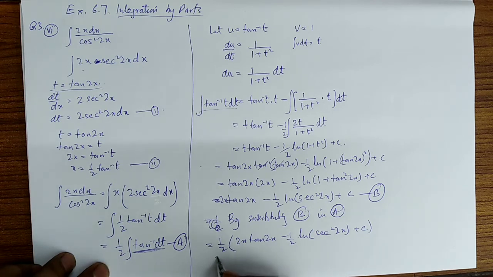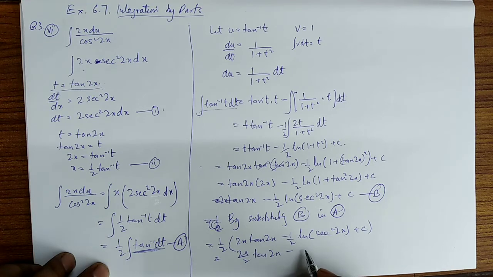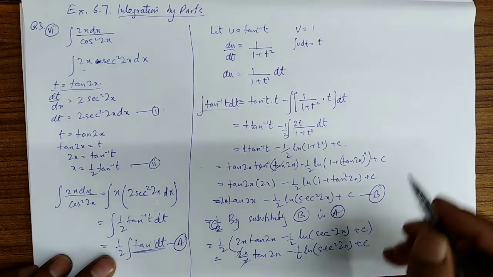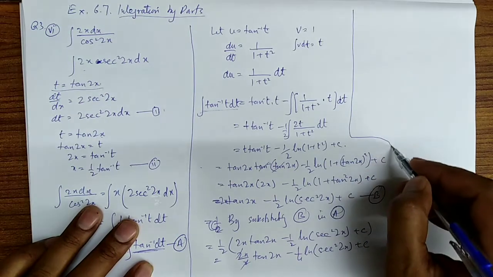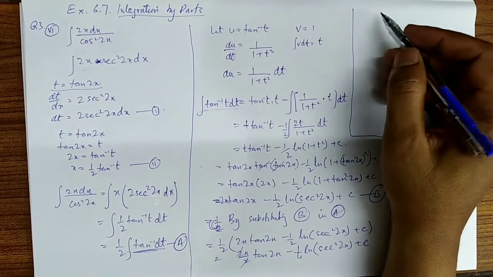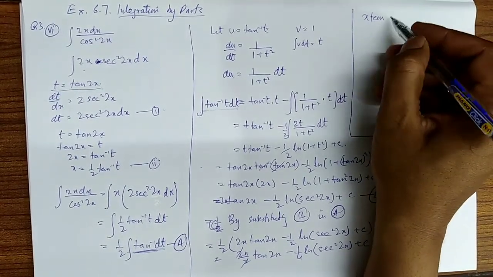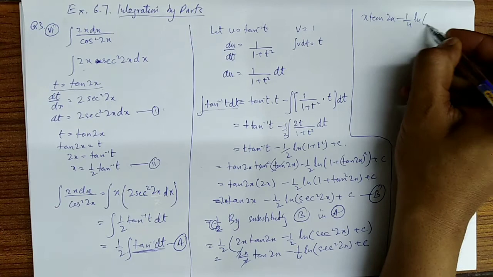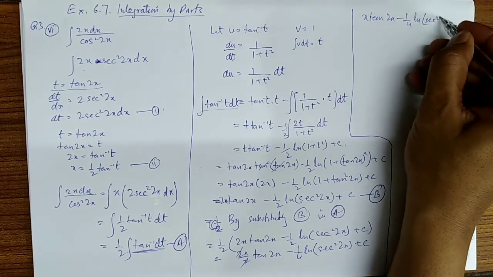So by now multiplying this 1 upon 2 with each term, 2x upon 2 tan 2x minus 1 upon 4 ln sec square 2x plus c, 2 and 2 will cancel out, and the remaining part is now x tan 2x minus 1 upon 4 ln sec square 2x